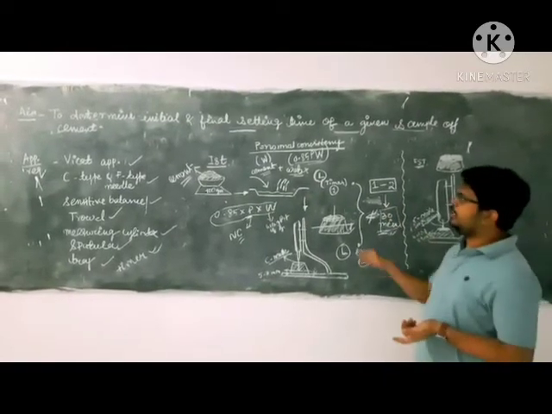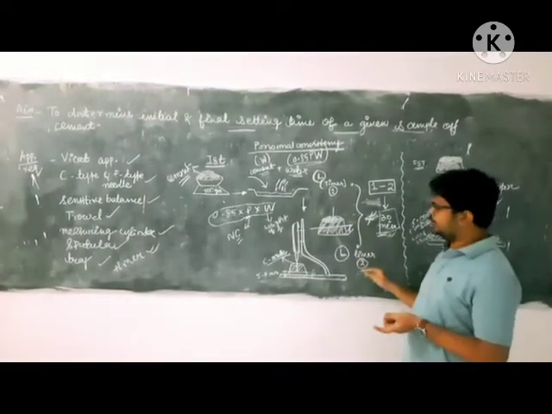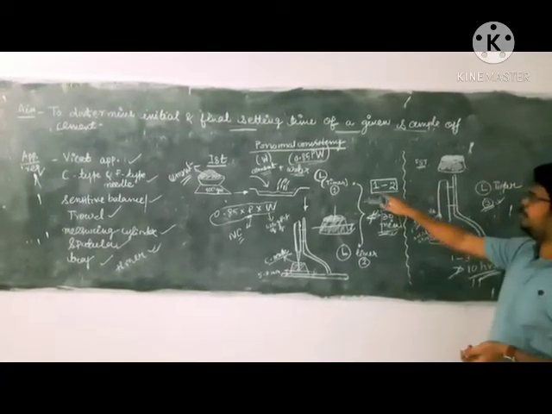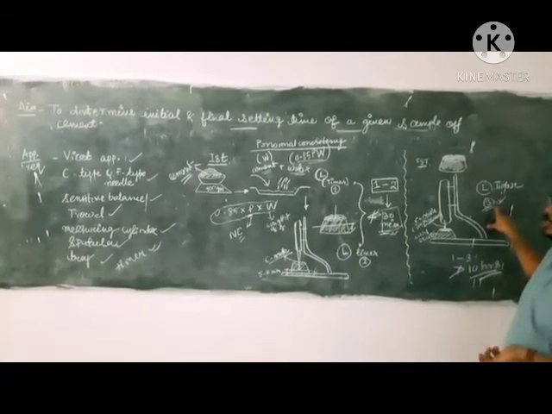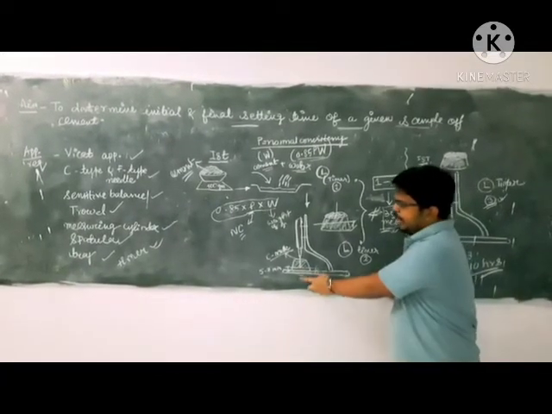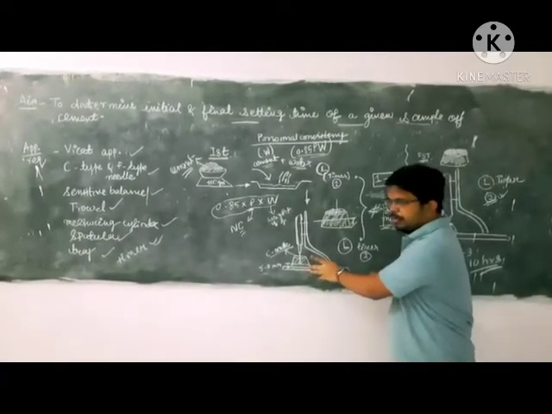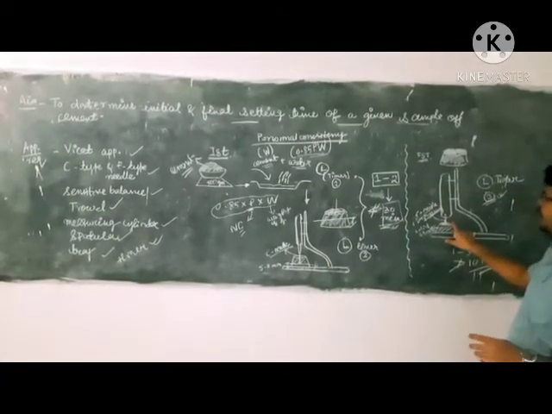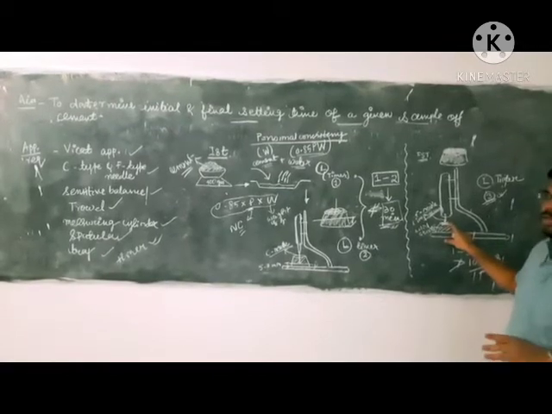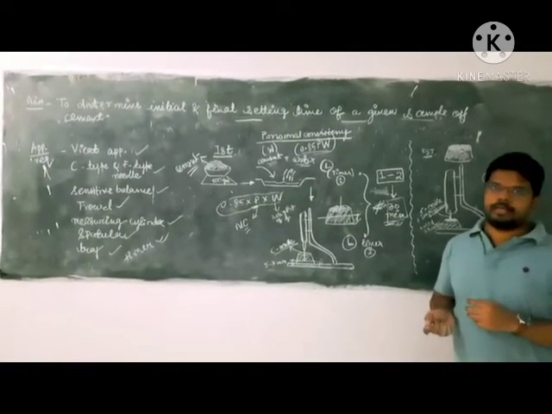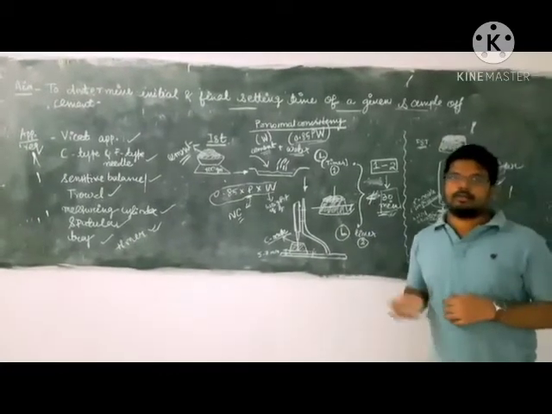So again, the time elapsed between point 1 and point 2 is initial setting time, and the time elapsed between point 1 and point 3 is final setting time. For initial setting time, the needle will be present at a distance of 5 to 7 mm from the base of the mold. Here the F needle will make just an impression on the surface, and that is used for final setting time. Thank you. Let's go to the practical.